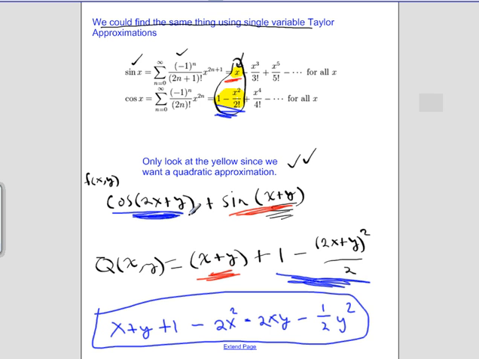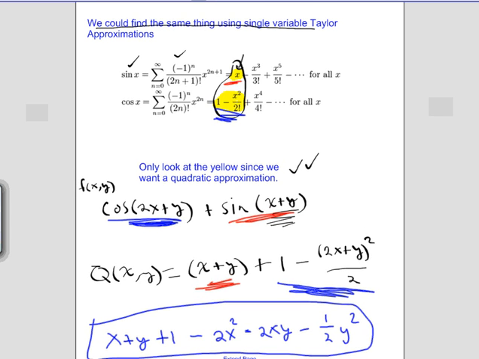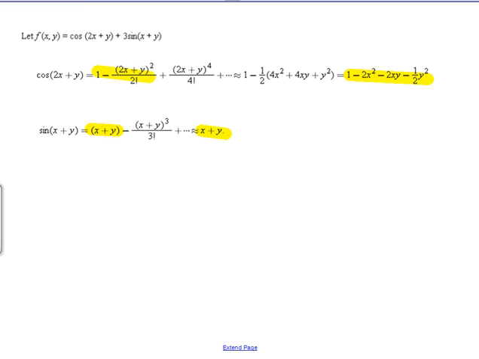So it might be worth going back and doing some review of our single variable Taylor approximations. I did realize, however, that I missed a major detail, that in the example this had been a 3, which makes this 3x plus 3y. And so now it looks exactly as it did before. Okay, so this is just looking at how we can write cosine of 2x plus y in a Taylor approximation,